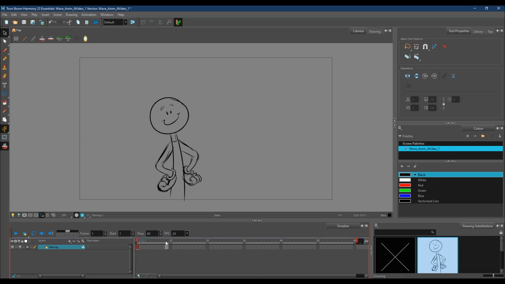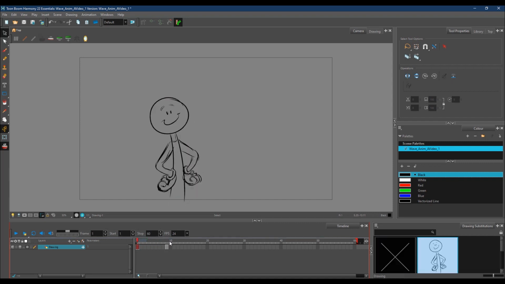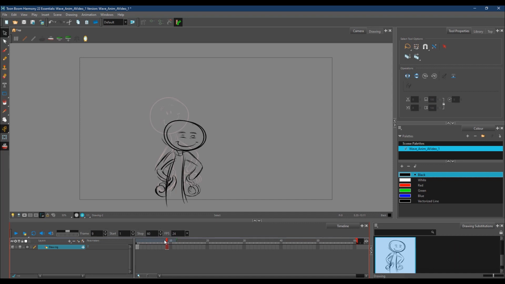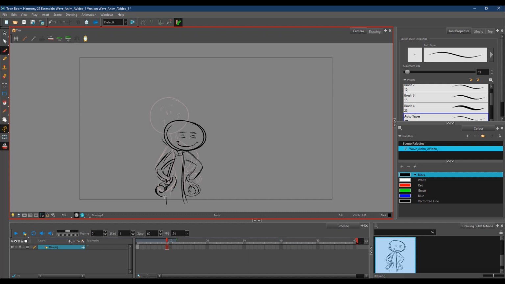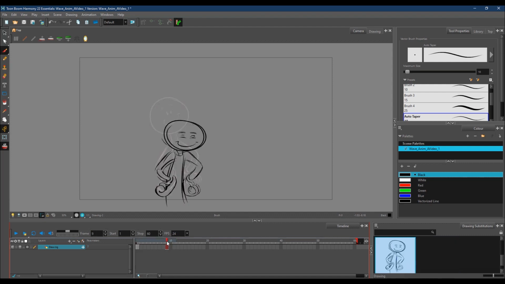Now, this is not that much different than if I was doing hand-drawn animation, but it does give me some digital options. Meaning, if I was doing hand-drawn animation, I'd usually just put another sheet of paper over the drawing, do another drawing, kind of make adjustments, and that was a pretty normal part of working with paper and pencil. But I've got the anticipation a little bit better, I think, working the way that I like it, and now I'm going to